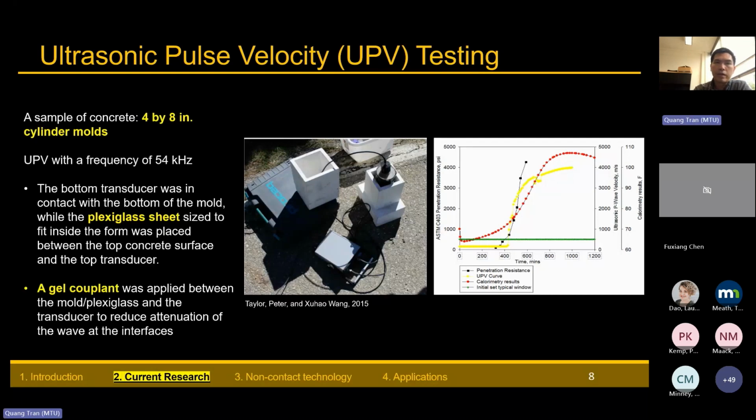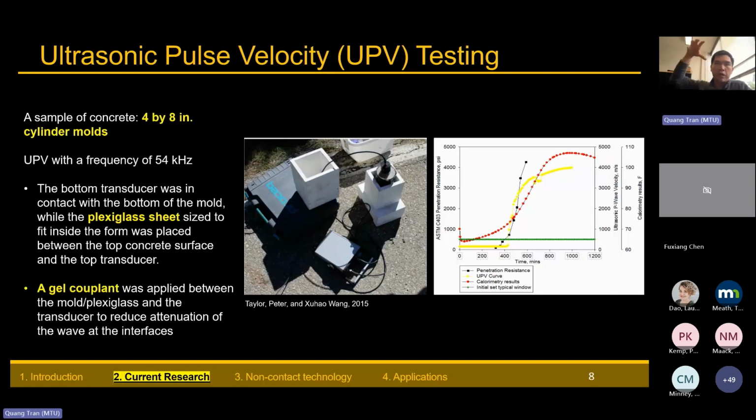What they did is extract a companion sample of concrete cylinders, 4x8, and then use the UPV with transducers capped on both ends of the sample. However, this process is not really easy, because we have to use flexiglass so that the transducers are not in direct contact with the materials. Also, to ensure the coupling of the transducers and the sample, we have to use another gel coupling